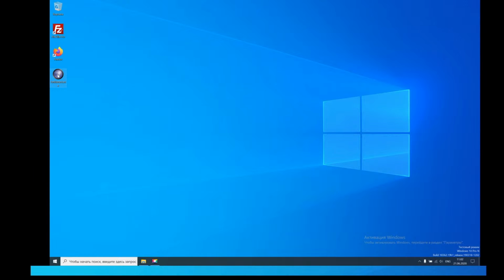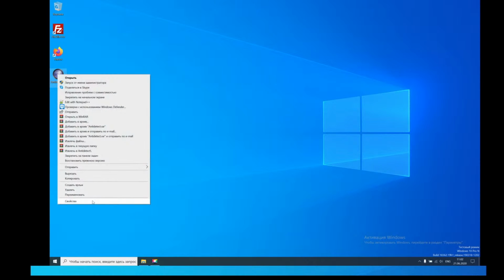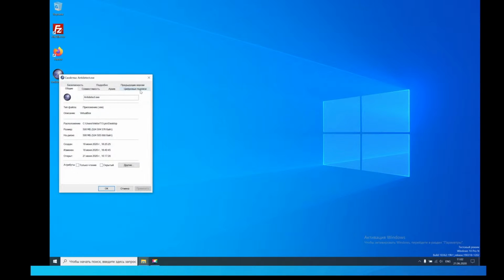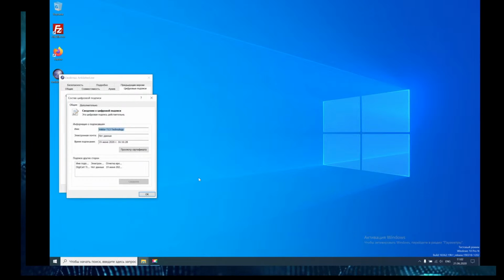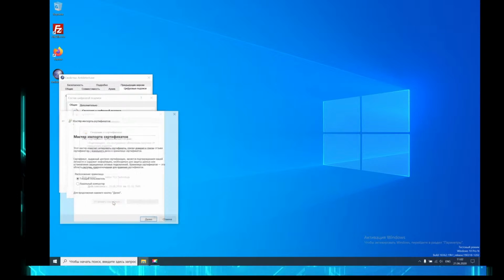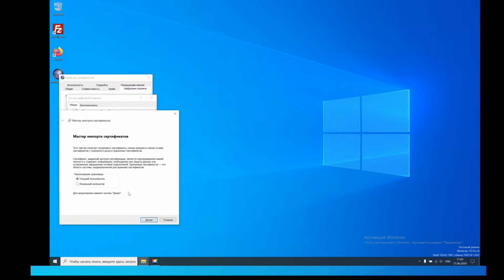On the executable file, we need to press the right mouse button and go to Properties. In Properties, we need to switch to Digital Signatures, where we can see two of our certificates. We will select our first certificate and double click on it, and we will see the details of those digital signatures. We will click View Certificate, then Install Certificate, and we must choose where to install this certificate. We will choose the local machine, not the current user, press next,